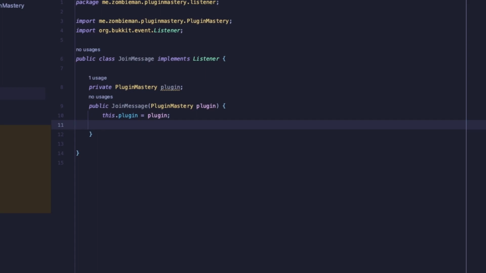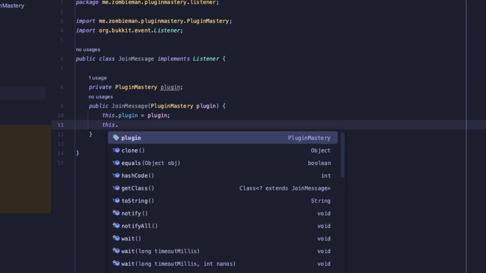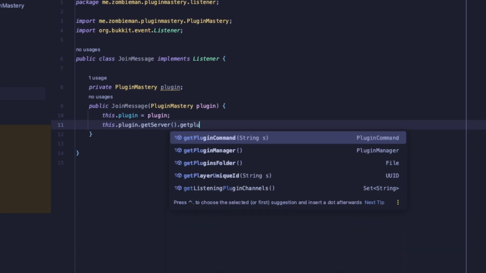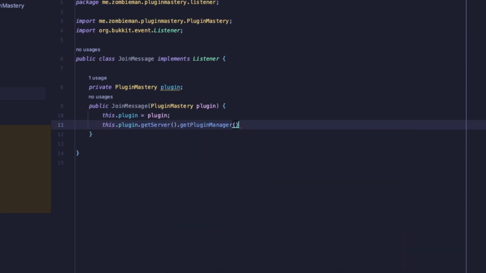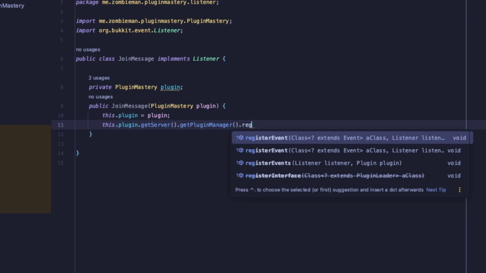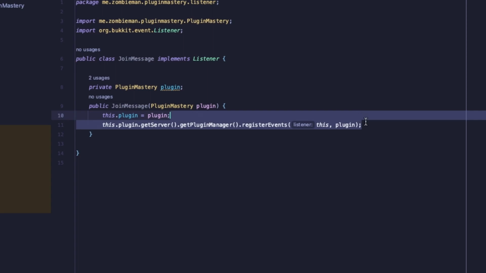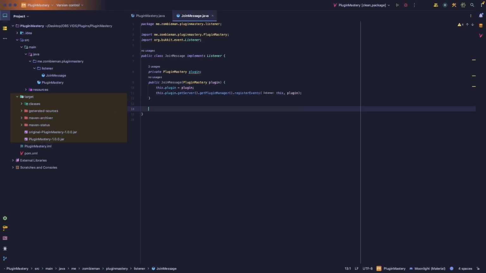Okay. And then you do this dot plugin dot get server dot get plugin manager dot register events, and here you type this and then plugin. Okay, this is to make sure that the listener actually gets called and works,